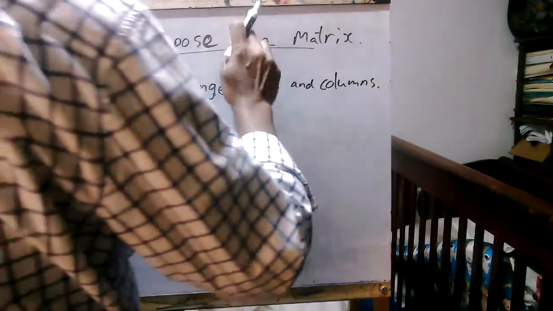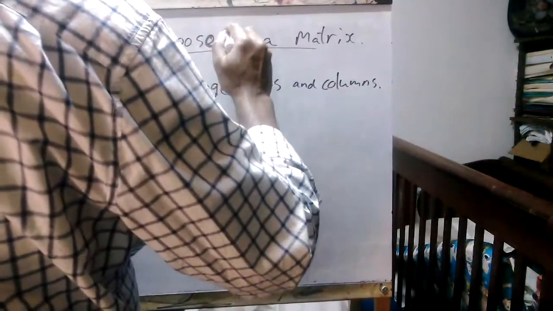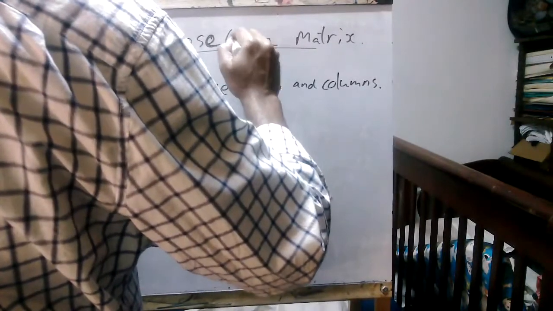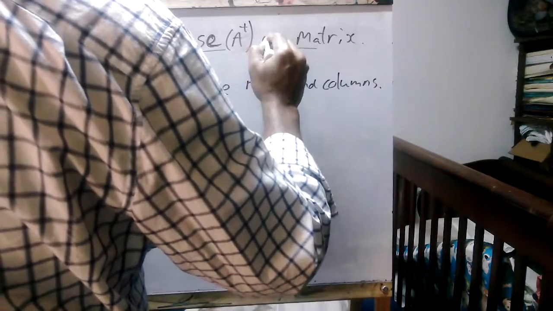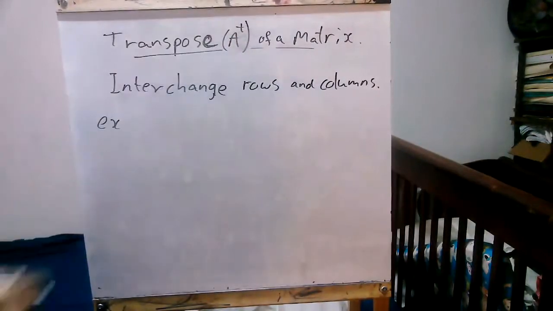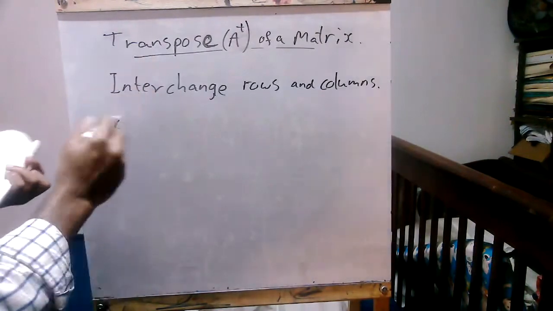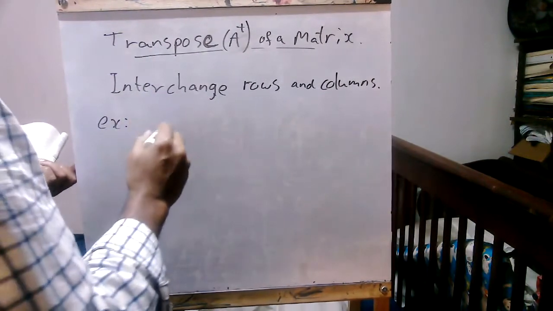Transpose, we write this as A simple T, A transpose of a matrix. Example